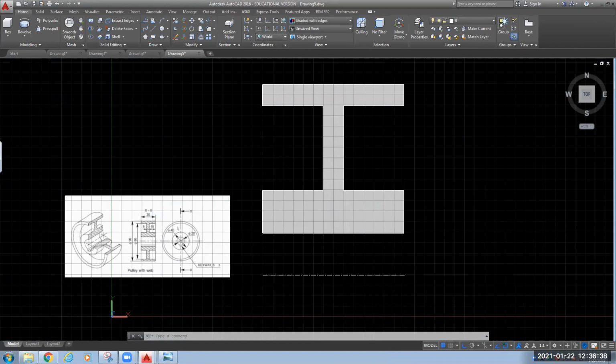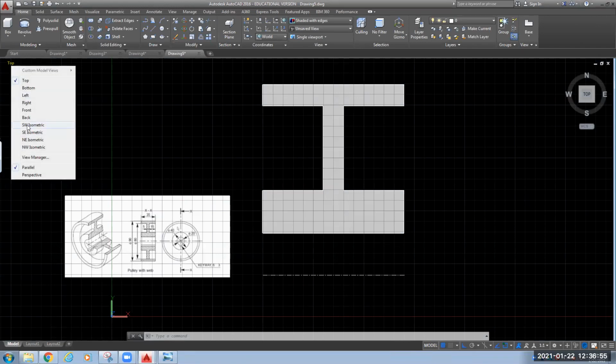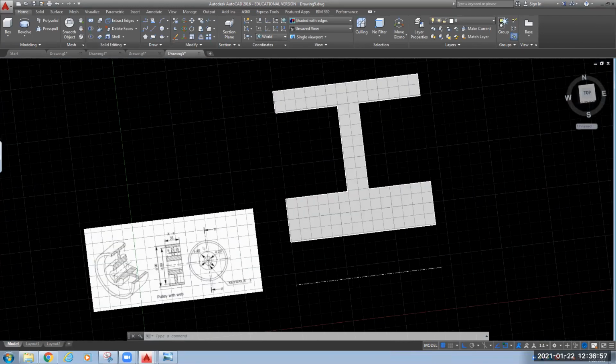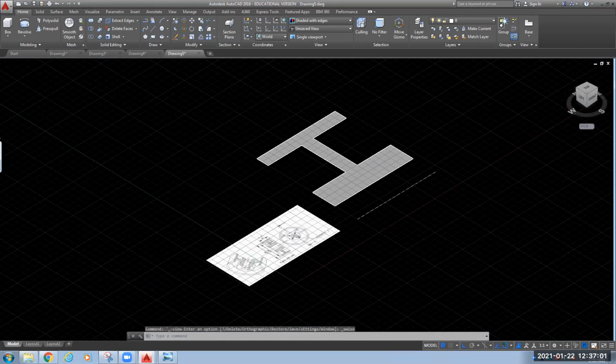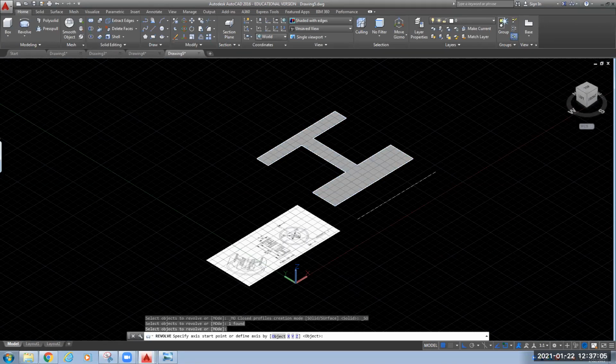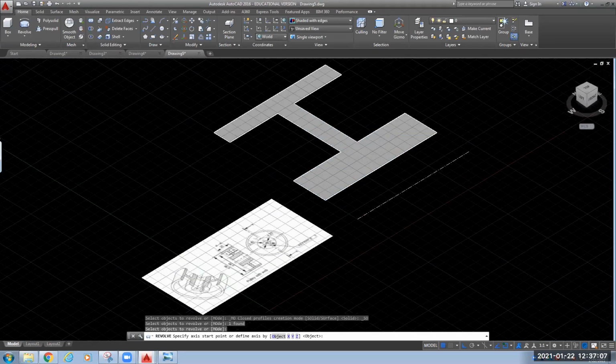If you want to mention all those dimensions, you can mention them in your 2D figure. We have learned those things earlier also, so I'm not going into that part. Now switch to isometric view. This is your isometric view. You need to revolve this object about this axis. The axis we have already drawn.